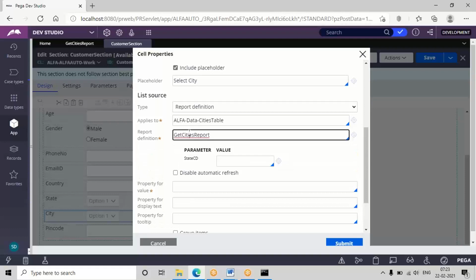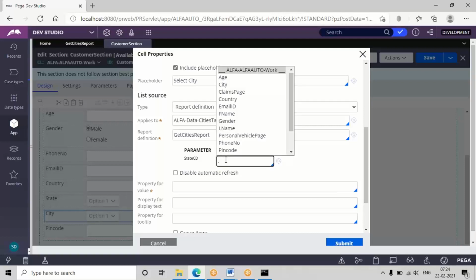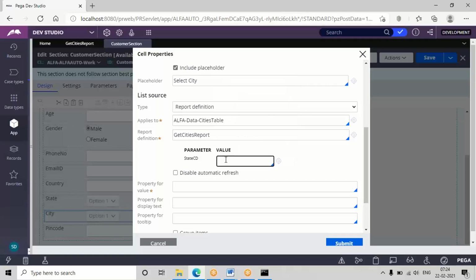See, after the report name is given, it will ask you to provide the parameter value. Here you can give the parameter name, but what is the value we need to provide? In the UI, it is the property based on which we are going to filter the records for the city. That is nothing but the parameter value, which is your state property. So for the parameter value, click on dot on the keyboard.